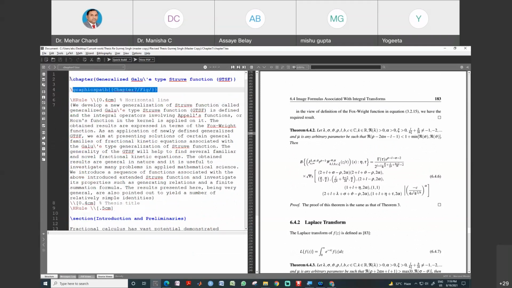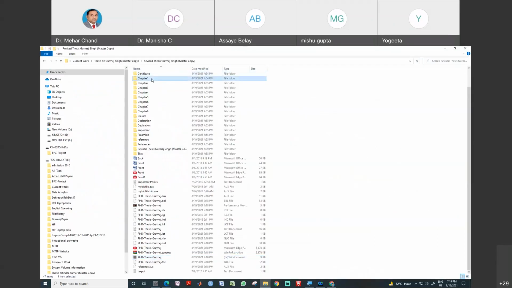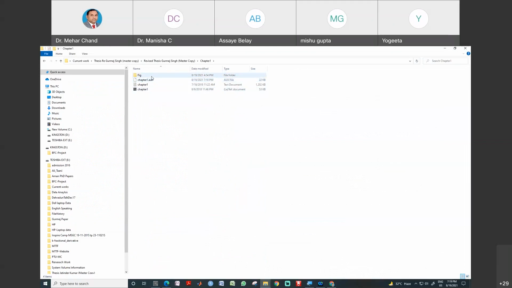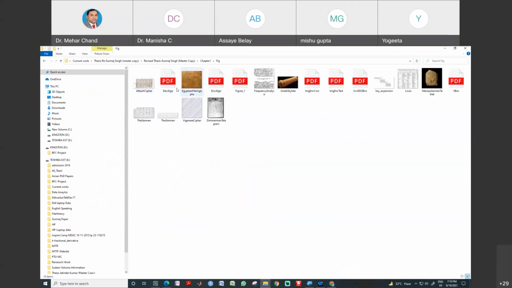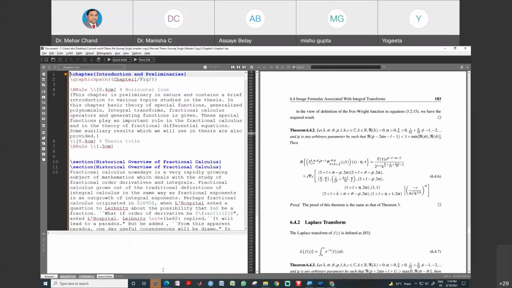Okay, and all the files for each chapter are in a separate folder, because there is a lot of information which I need to share with you. This is chapter 1 and all its information. If you have a figure, then you have to insert it in this folder. And the main information about the chapter, which is the text file, is here. You can see this is chapter number 1, introduction.